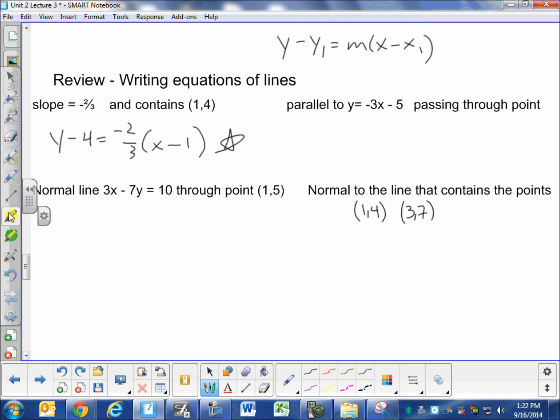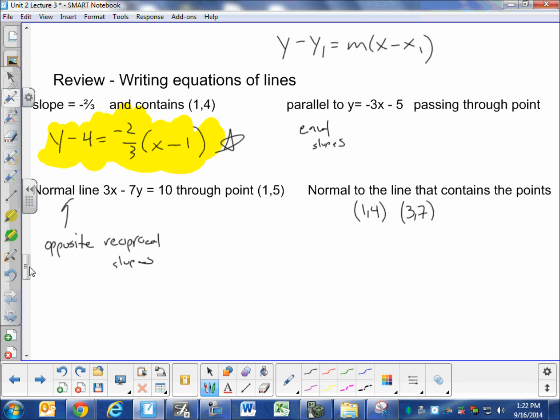Okay, so this would be the equation of this line. And you will have homework problems dealing with lines. Definitely go over those things. Remember, parallel lines equal slopes. Perpendicular lines or normal lines, opposite reciprocal slopes. Okay, but let's go back to the